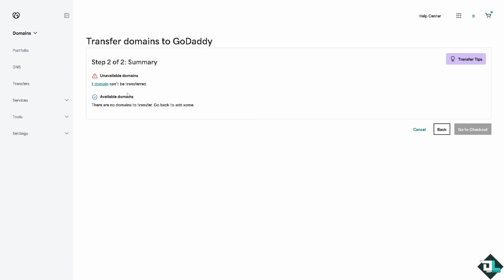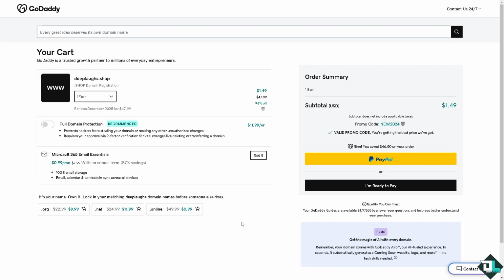It takes a little while. But if in case you encounter something like this, just try to refresh. What will happen is you would be forwarded to the checkout process. In my case, the deeplefts.shop. If you want to transfer that to GoDaddy, it's a lot easier. You don't have to do anything at all. All you have to do is click that button. You would be forwarded to the checkout process, and you can pay via PayPal, or you can use your credit or debit card. And if you don't want that, just go back again to the first option earlier,